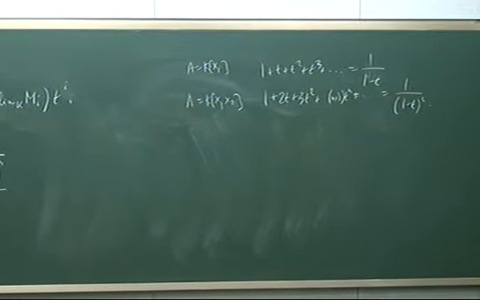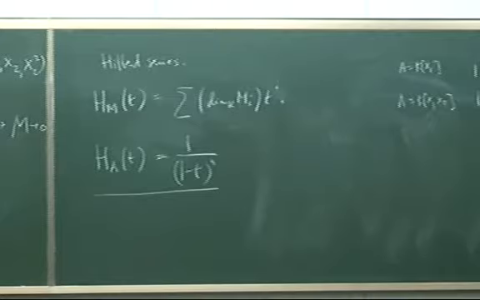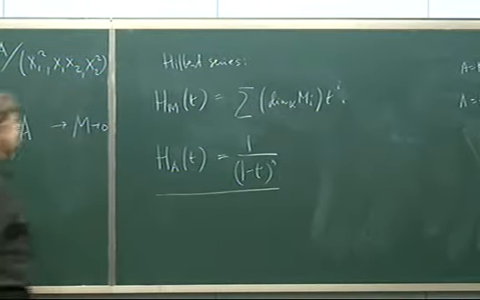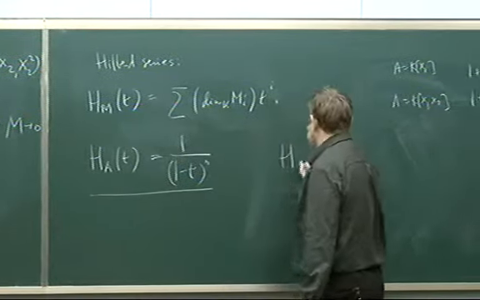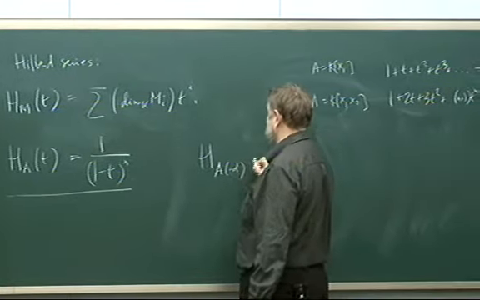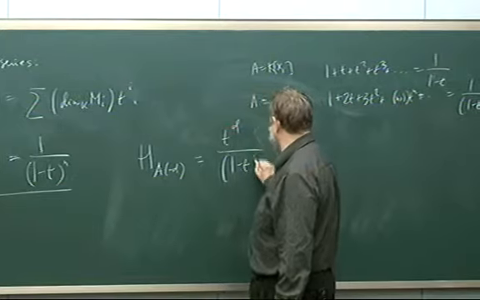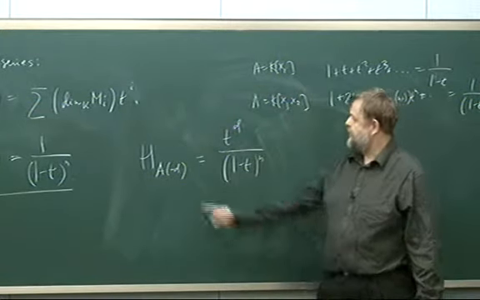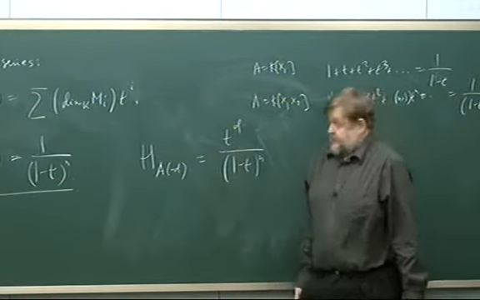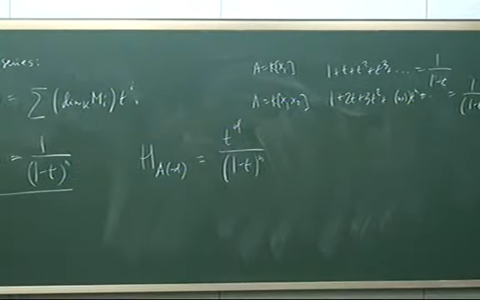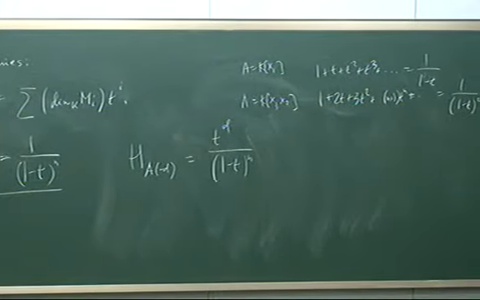So now you see, when I have my free resolution, so notice then that, let me write that, H of A(-d) will be just t to the d times 1 over 1 minus t to the n. I just shifted the degree from 0 to d, so I just do that. So then you see, when I have my finite free resolution,